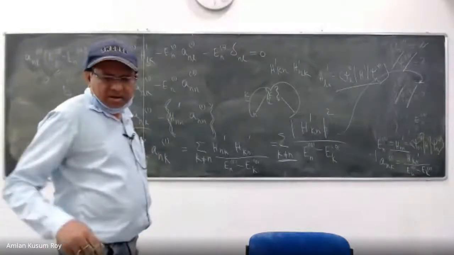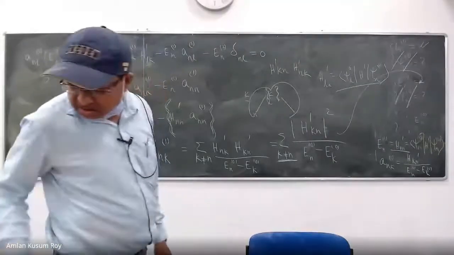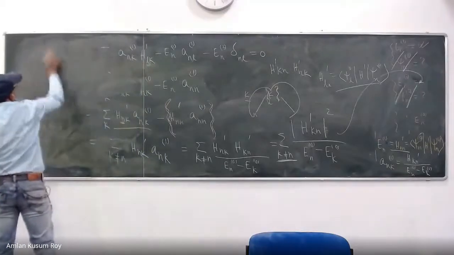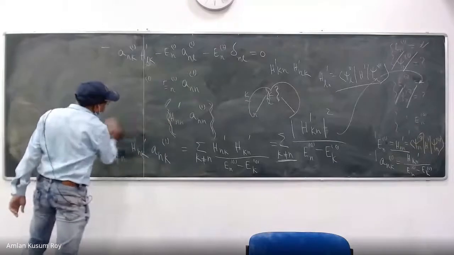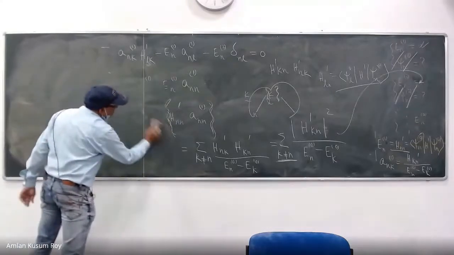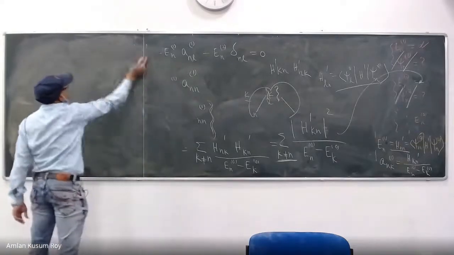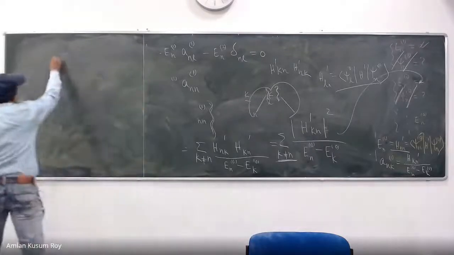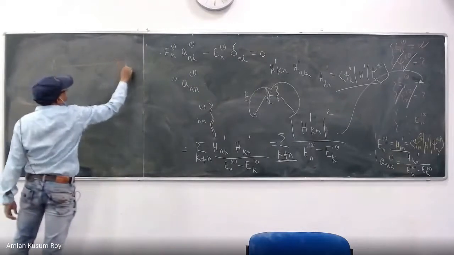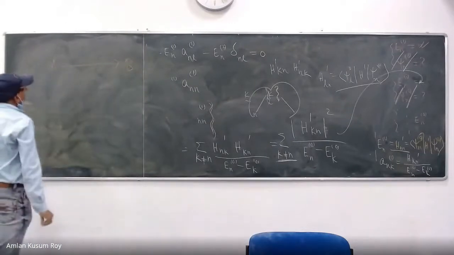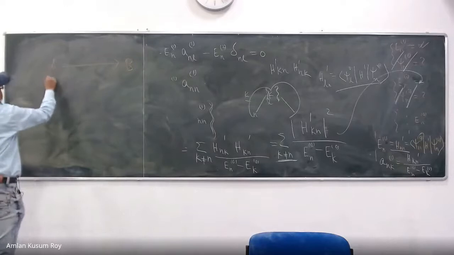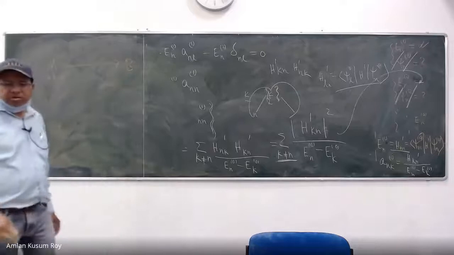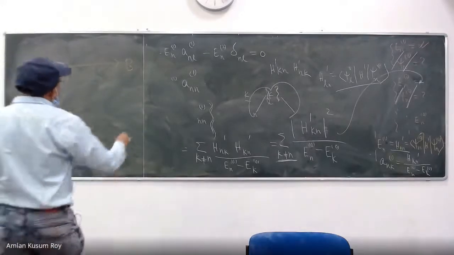Okay. So if you are considering, let me show you something. That will be easier for you. So you can always make it simple. So this is your A, this is your B. What is A? A is your unperturbed system. And this chalk is not good. So this is B, your perturbed system, right?